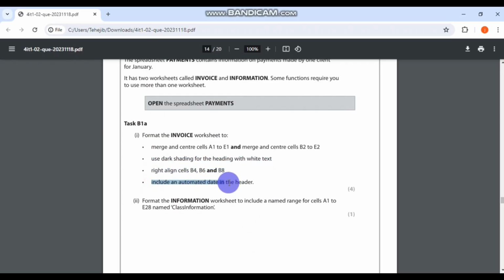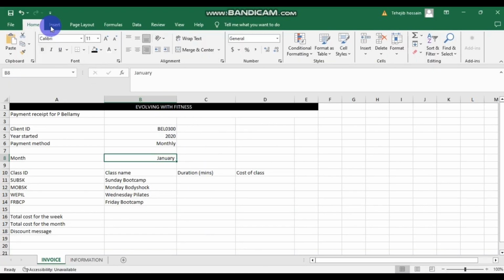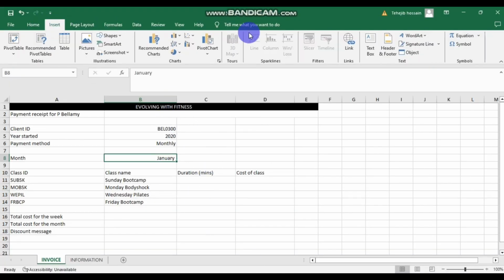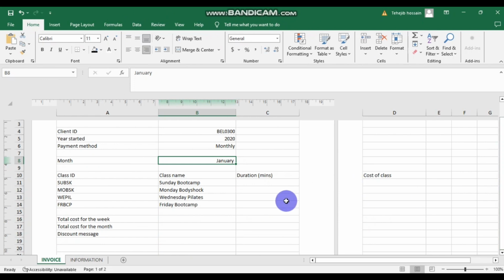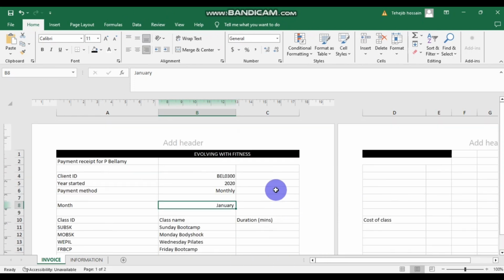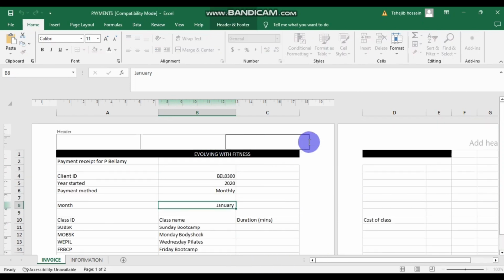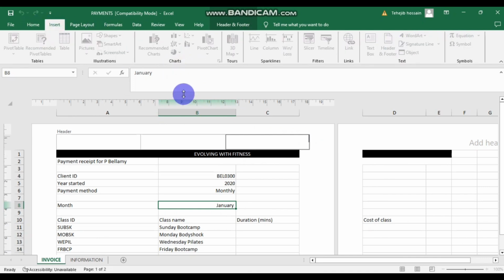Include an automated current date in the header. Okay, for that, click on the Insert button and there is one option for header and footer. Click on that and you will get the options. This is the header and this one is the header, right? So we will add the date here. So click here and then